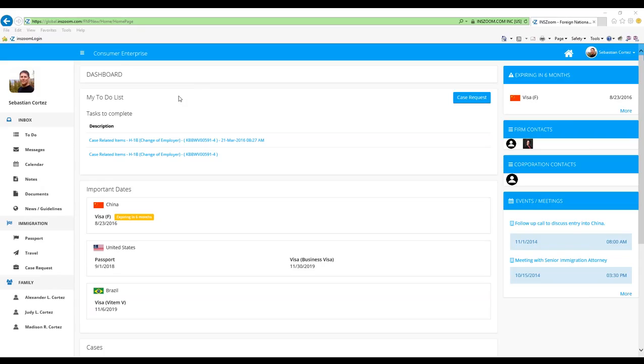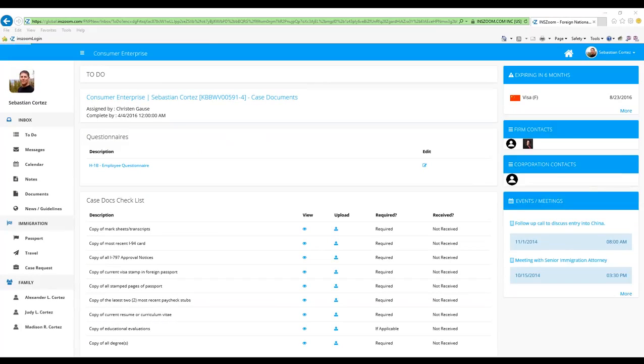All right, carrying on, we're going to go through the center of the page and review the dashboard. The first section on the Foreign Nationals dashboard is the to-do list. If you email your Foreign National questionnaires, docs checklists, or forms, it will show up here as a to-do item. So if we click the first link, the page is going to load,